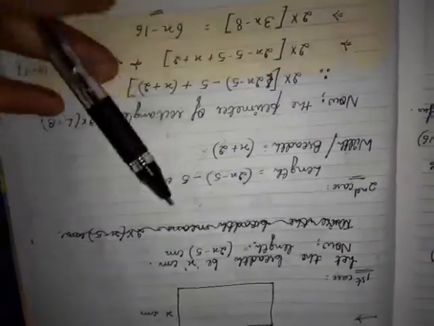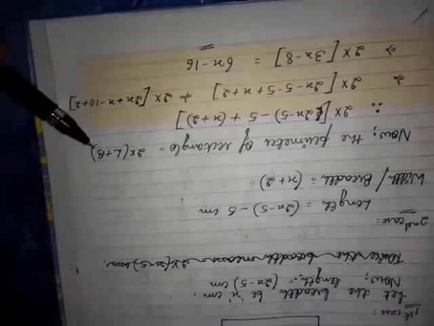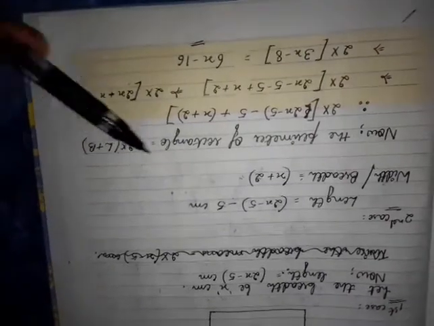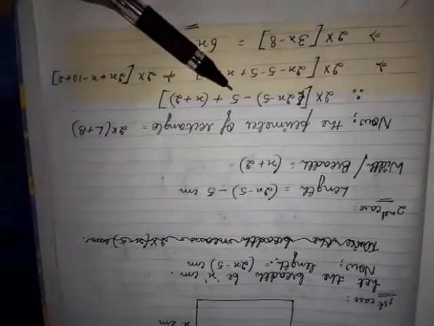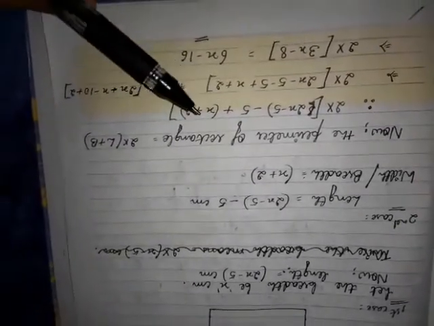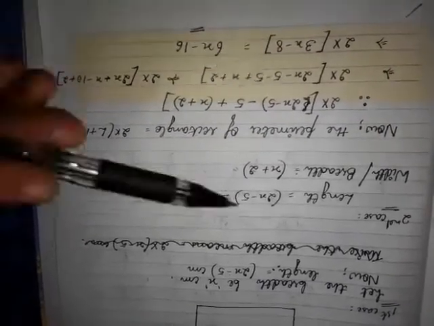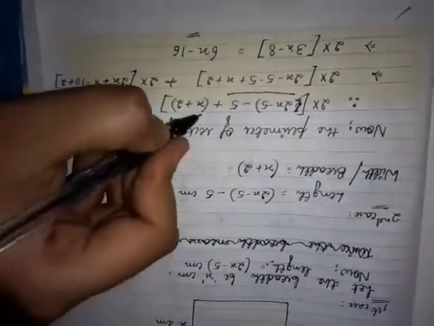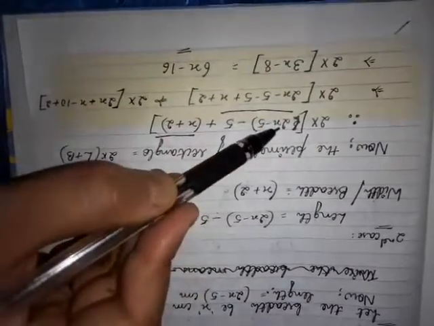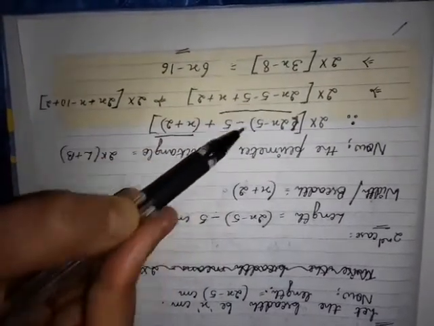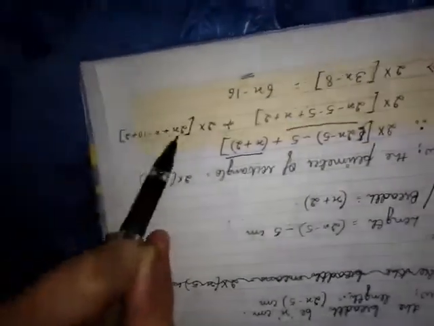Now, the perimeter of the rectangle's formula is 2 into (L plus B). We know that L is length, B is breadth. So, 2 into the L found here is (2x minus 5) minus 5. The way it is written, please mention it in the same manner. You will not have calculation error then. Please put in bracket. So, this is the length part, and this is the breadth part. We mentioned it here (x plus 2), then we calculated 2 into [(2x minus 5) minus 5 plus (x plus 2)], we open it out from the bracket, in the bracket first calculated.